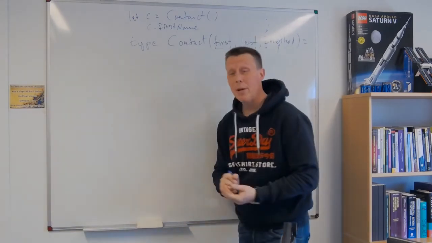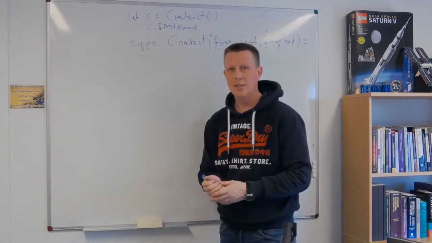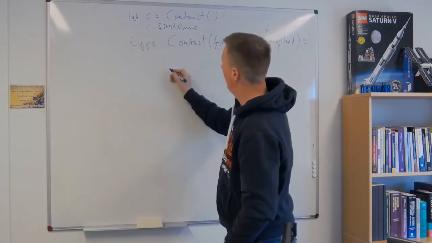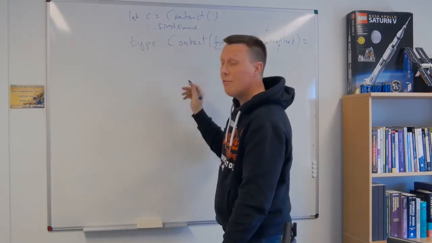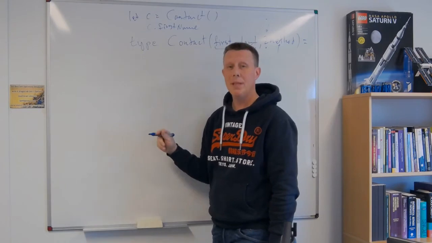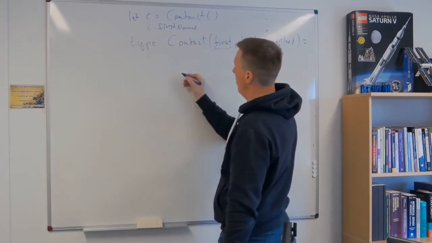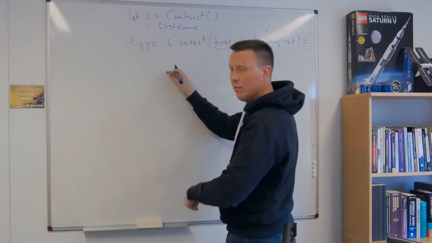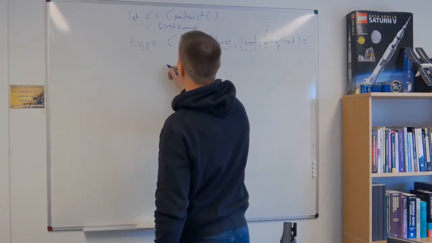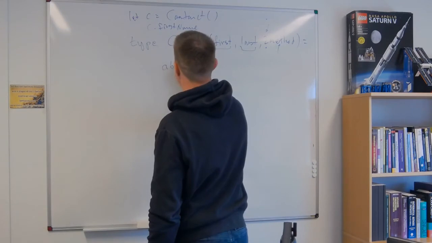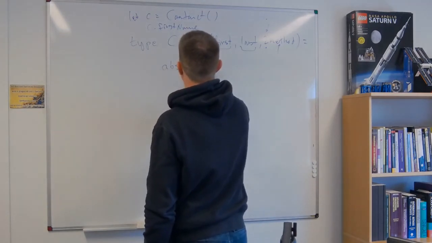Right. So how do we create stuff that we can override? Well, by creating abstract members. An abstract member is a member which doesn't have any implementation. It's left up to the person who wants to do something with the class. If you want, you need to provide the implementation. So I can say abstract member